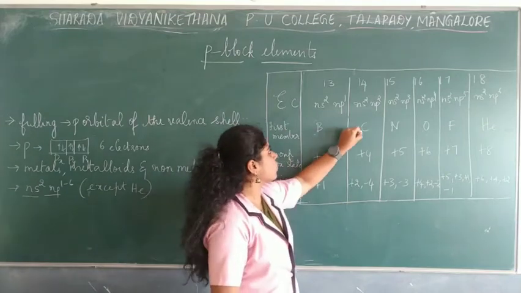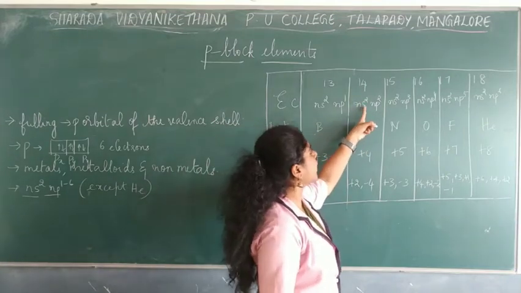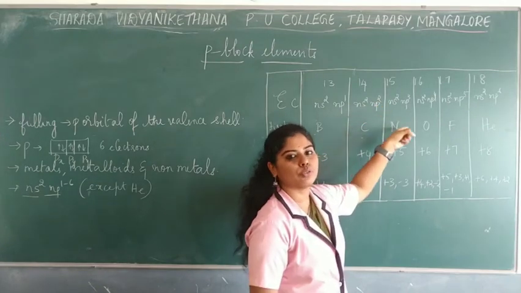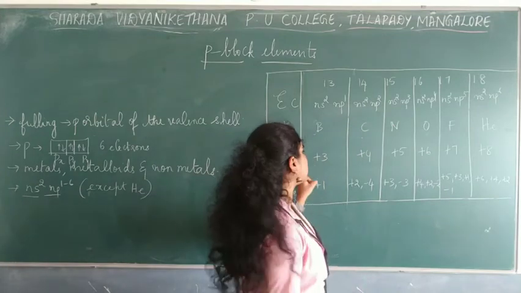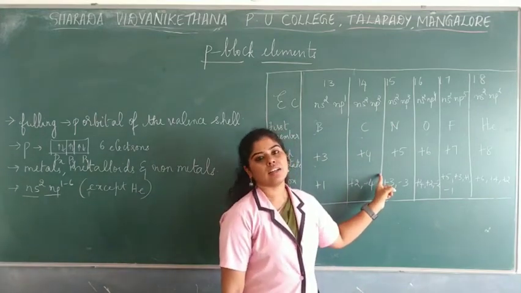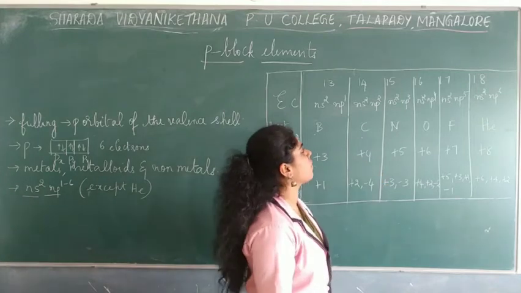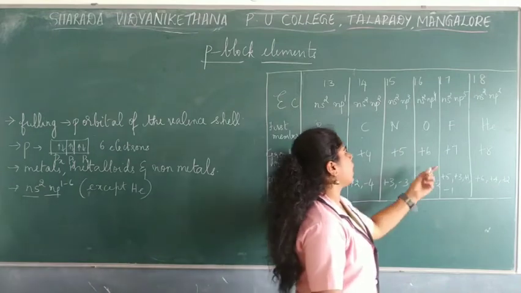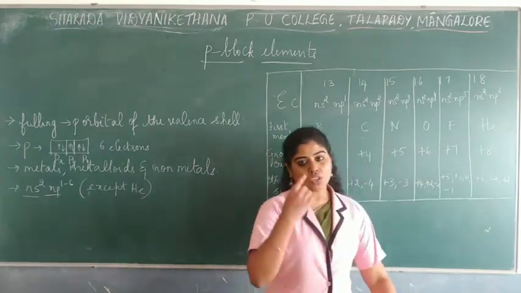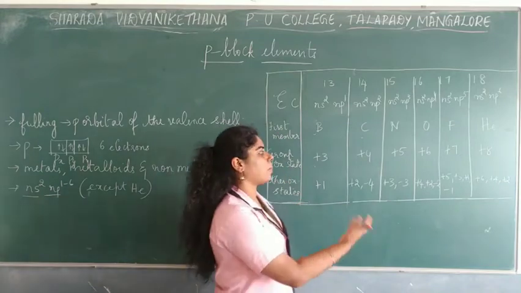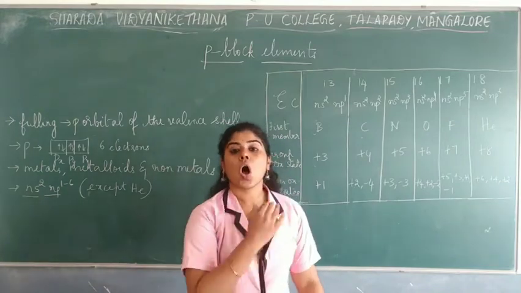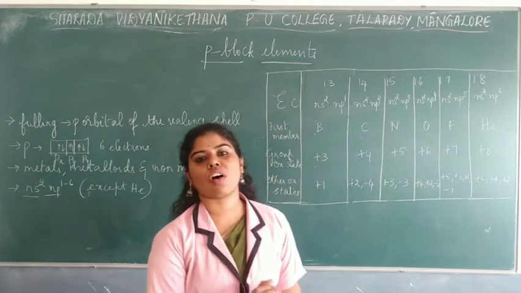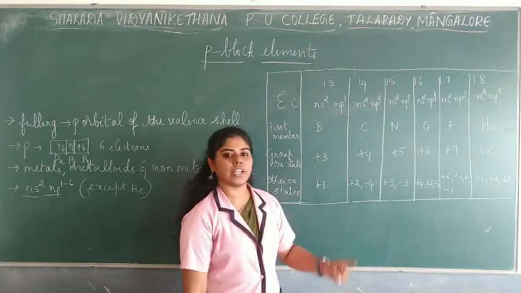In the same way, if you see group 14, then you have 2 electrons from the s orbital and 2 from the p orbital, which makes it 4, and that's the group oxidation state of the carbon family. In the same way, here 3 plus 2, which is 5, that means the group oxidation state would be 5. In the same way, 6, 7 and 8. So these +3, +4, +5, +6, +7, +8 are all termed the group oxidation states of p block elements, starting from group 13 to 18.